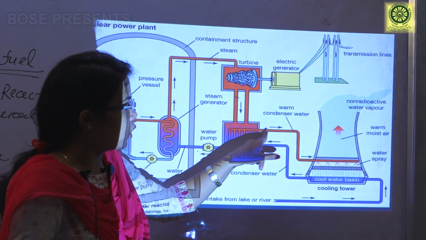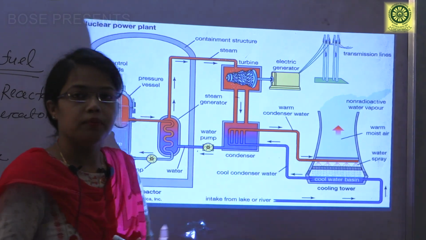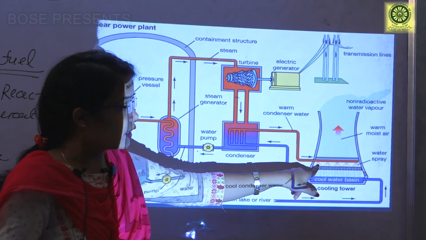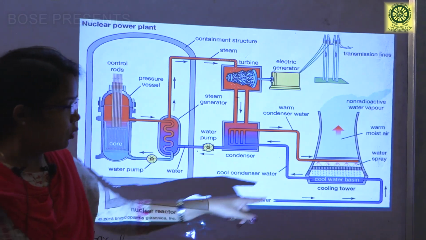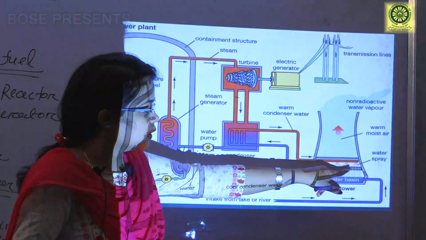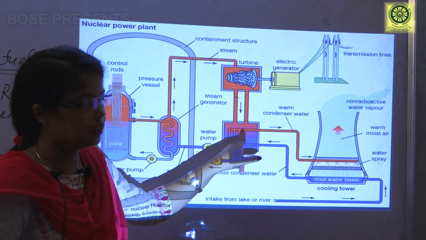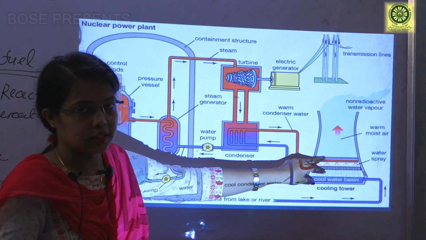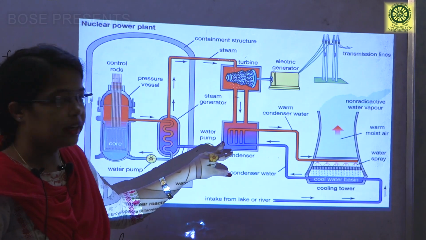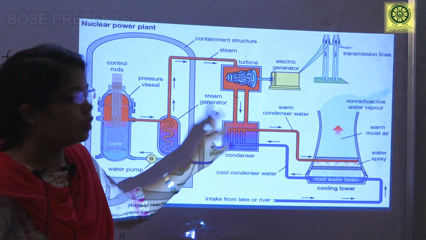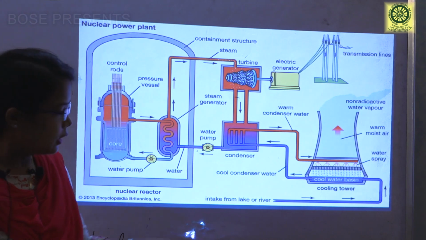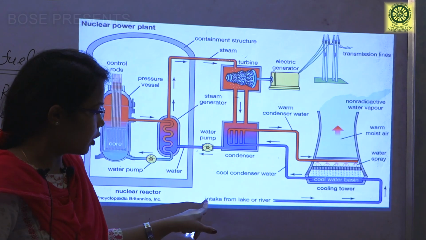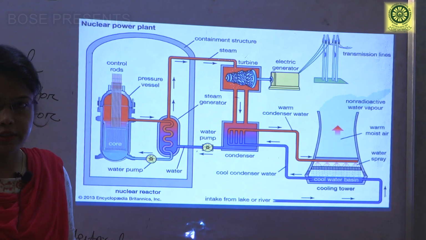Okay, and that hot water flows again to the cooling tower, and in the cooling tower it becomes cold again by the water spray. Okay, and it again comes to the condenser. This cyclic process occurs. That's why it is called a cooling tower, because it is responsible for the cooling of the steam inside the condenser. And this cold water is supplied to the cooling tower from any lake, river or reservoir.